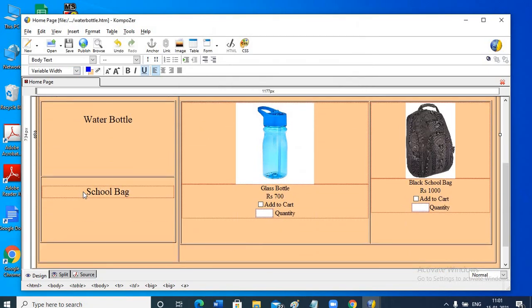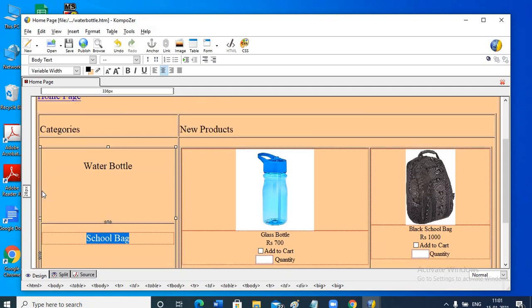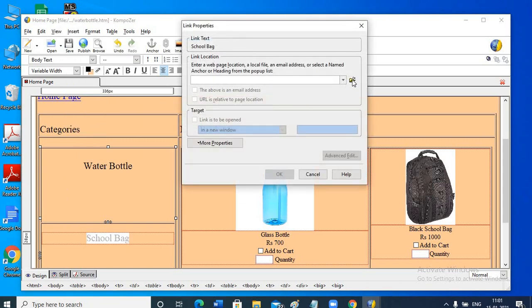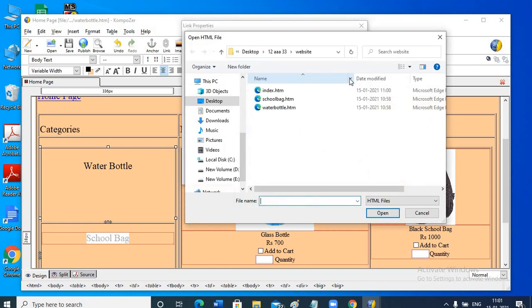You are already in the waterbottle.htm file, so the other two files you need to navigate. So we have created the link for the home page and now we'll create the link for school bag. Insert link, school bag, open,